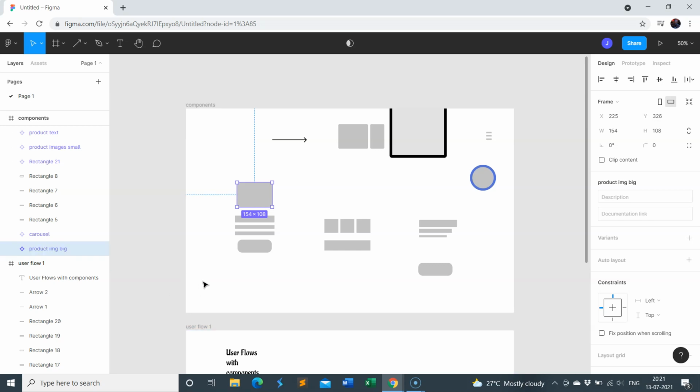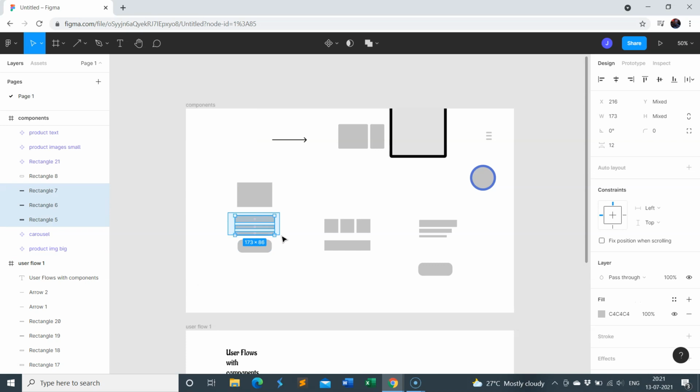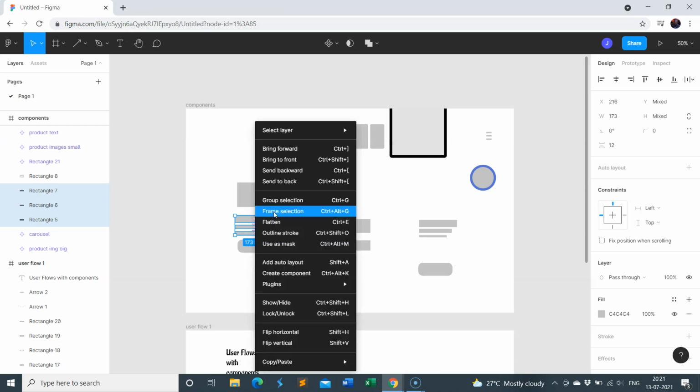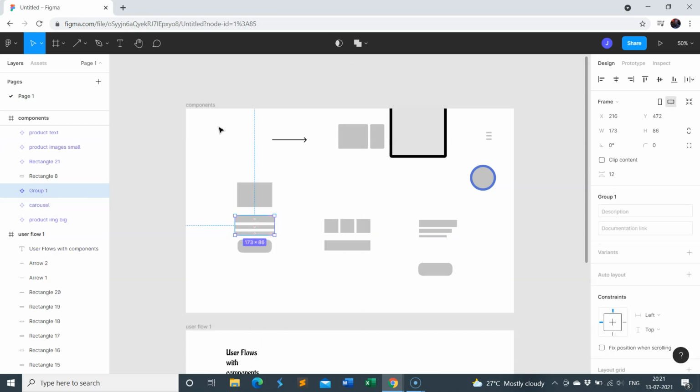Next, we again have these three rectangles of different size, but they have the same length, right? They are not the same as this one here. So I'm just going to group all of them together and then create a component, and I'm just going to rename this as the product description. Okay,